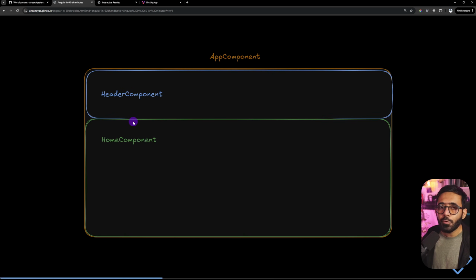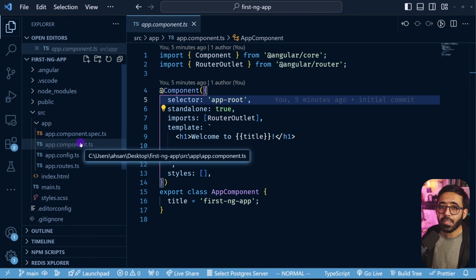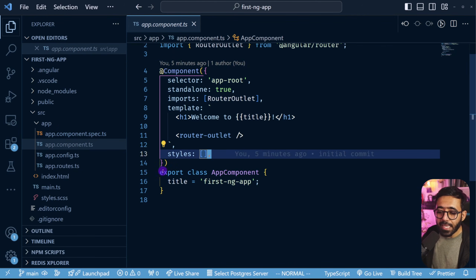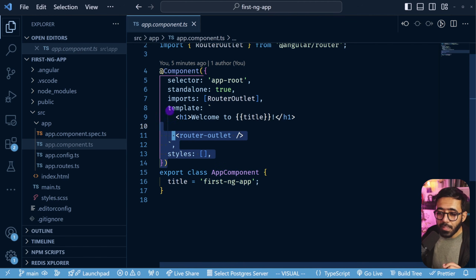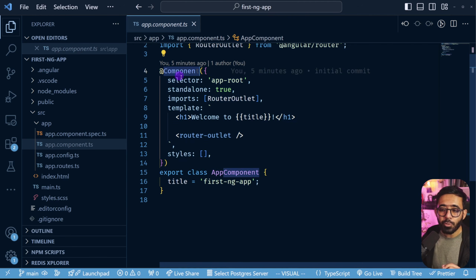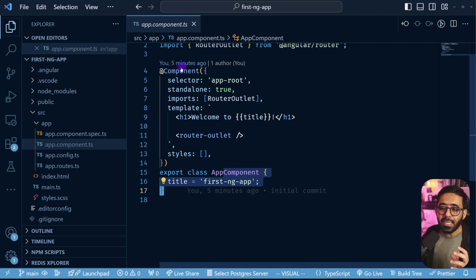But before even going there, I want to show you the app component, how it is right now. Every component in Angular has a TypeScript file, and that has a class. So this class is what tells Angular that this is a component, but not just the class. Above the class, you will always find this component decorator. This decorator basically enhances the information about this class and tells Angular about a lot of things related to this